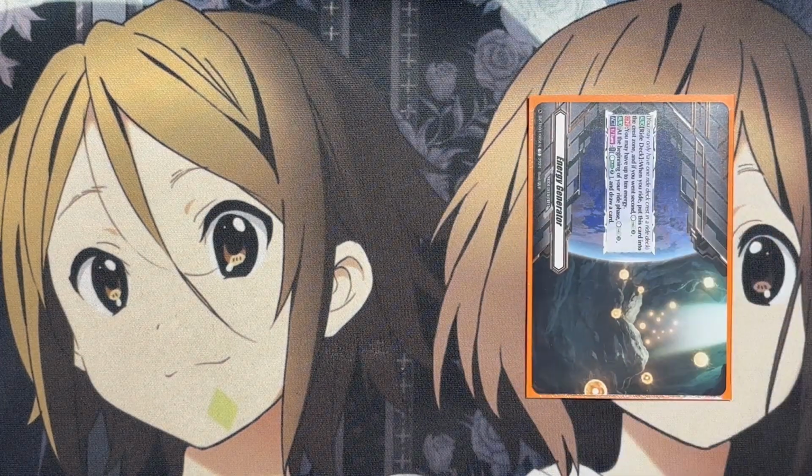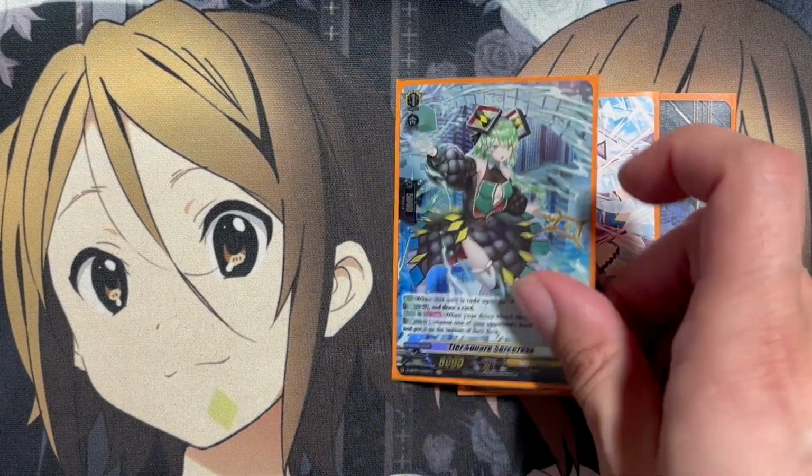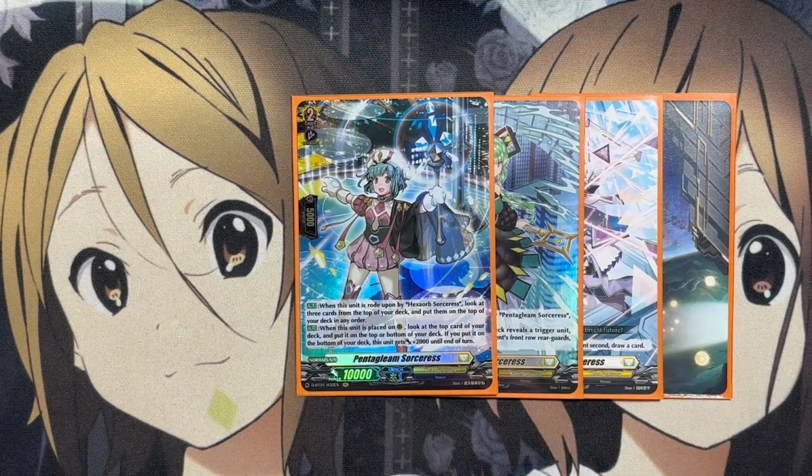Go ahead and start off with the ride deck. We have the Energy Generator with our starter being Tri-Connect Sorceress. Our grade 1 is Tier Square Sorceress. When ridden upon by Pentagleam Sorceress, you can Counterblast 1 and draw a card. Pentagleam, when ridden upon by Hexaorb Sorceress, you look at the top 3 cards of your deck, and you put